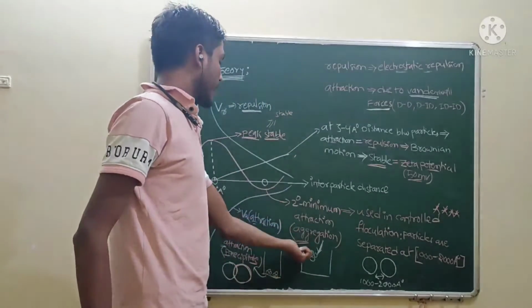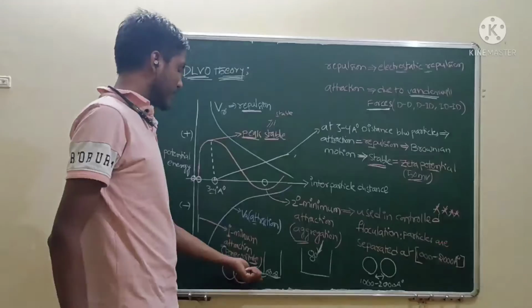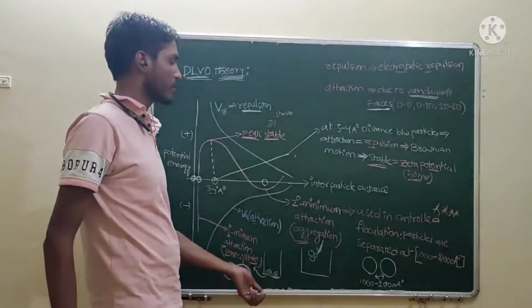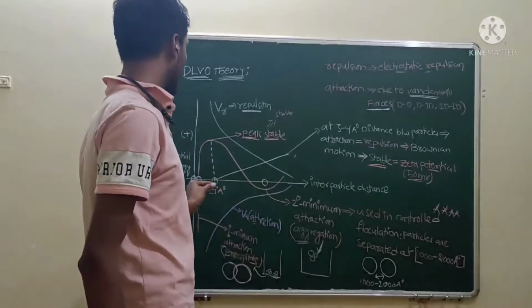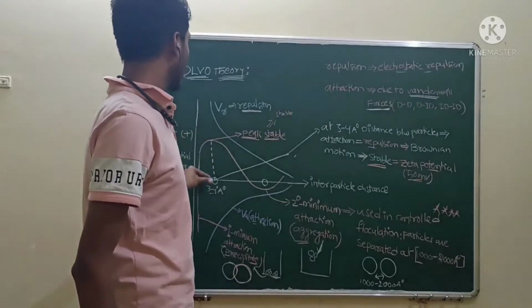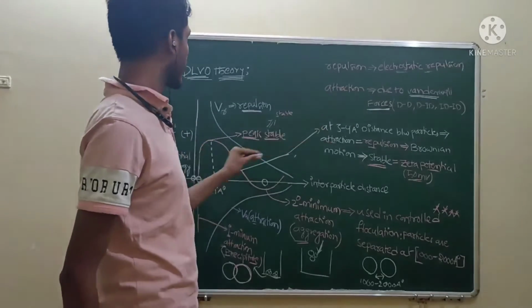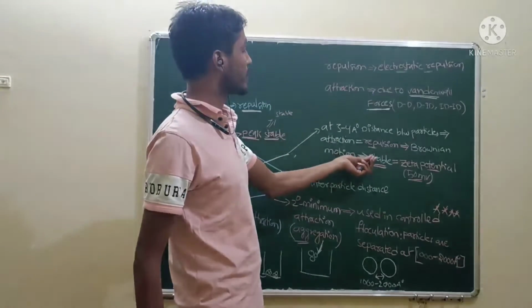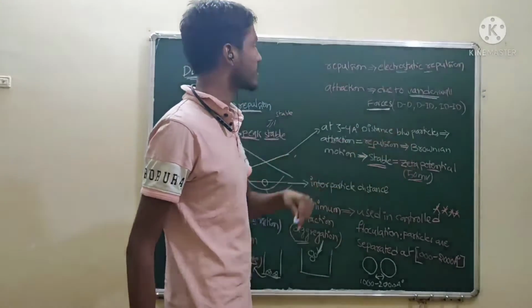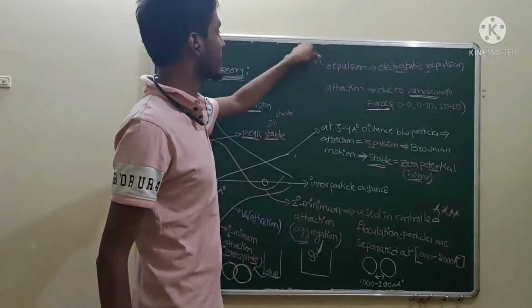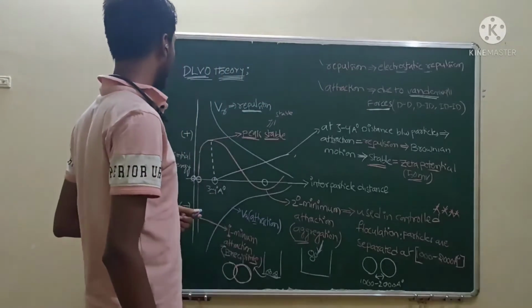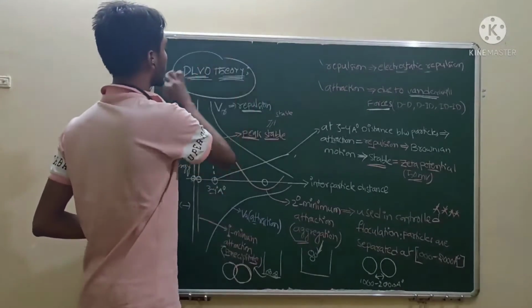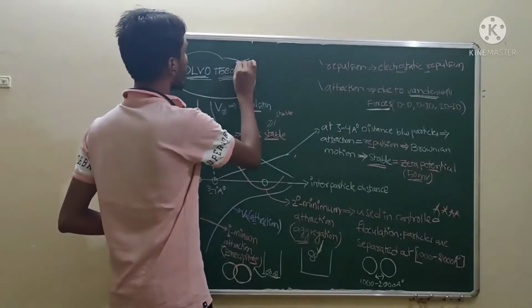Aggregation is useful, but precipitation is not at all useful. So this is the difference between the secondary minimum, the primary minimum, and the peak at 3 to 4 angstrom, how the distance between two particles is, and what the stable colloidal dispersion and zeta potential are, and how the repulsion and attraction forces are created. All these things are explained by DLVO theory